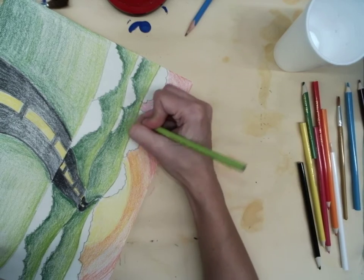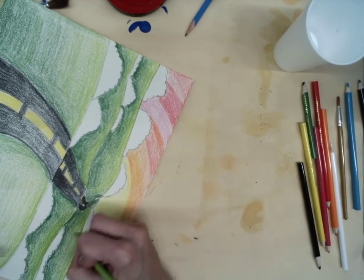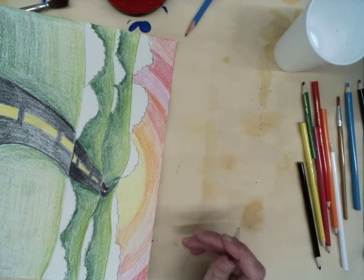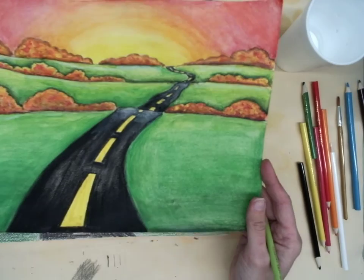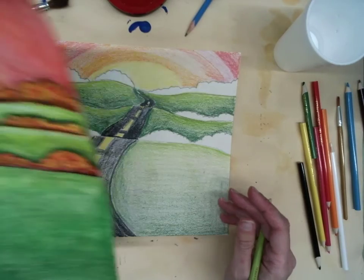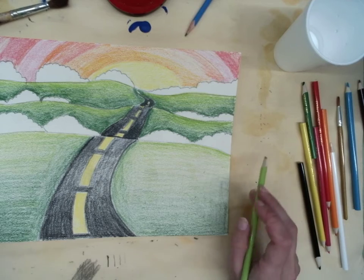Again, I'm overlapping on top of that dark green, but I'm not going all the way down. I'm going almost all the way down. Alright, so that does look a lot different from this, but it will smooth out once we add the water. Okay, so for the bushes,